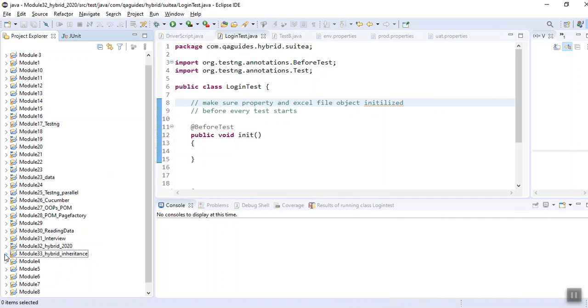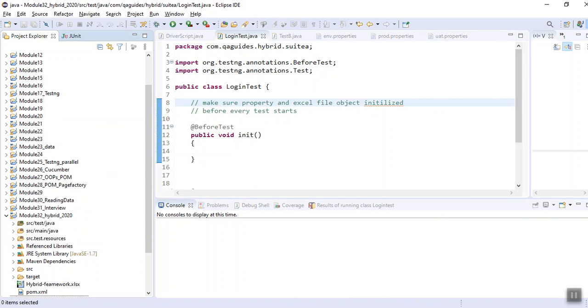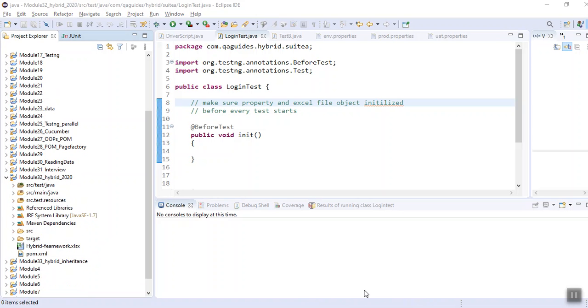Okay, so let's move ahead with our framework. See, so in our case also, all the test classes like login test, test B, test C, every test class will extend the single test class and it will be a base test.